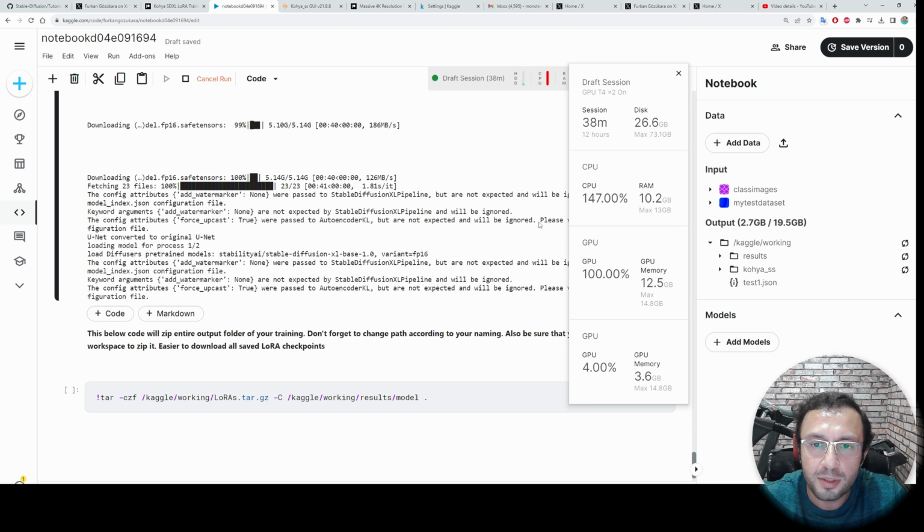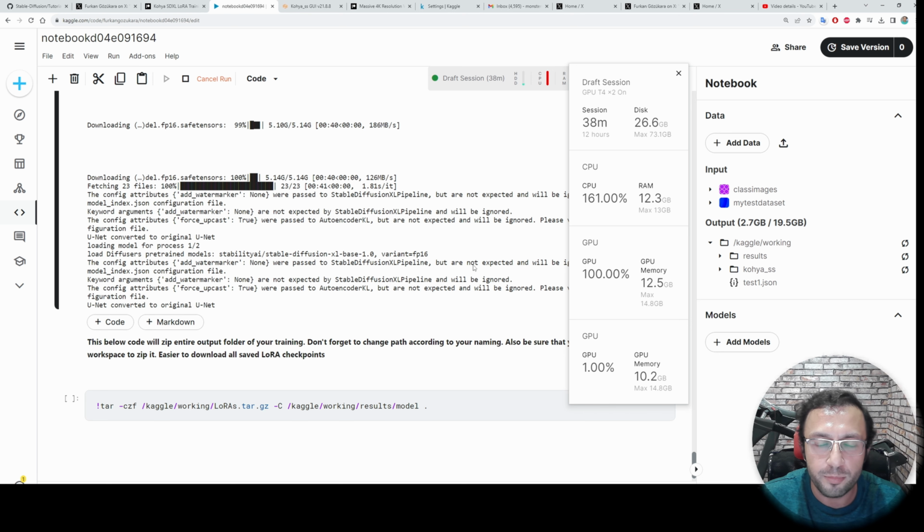In free Google Colab, it is not working because free Google Colab only provides one GPU and the same amount of RAM. Therefore, we are getting out of RAM there. I have tested a lot of times on Google Colab, but all failed. I couldn't make it work. For making Kaggle work, I spent like 2 days, a lot of research, experimentation and testing, and this is the best way of making it work on Kaggle with also doing text encoder training.